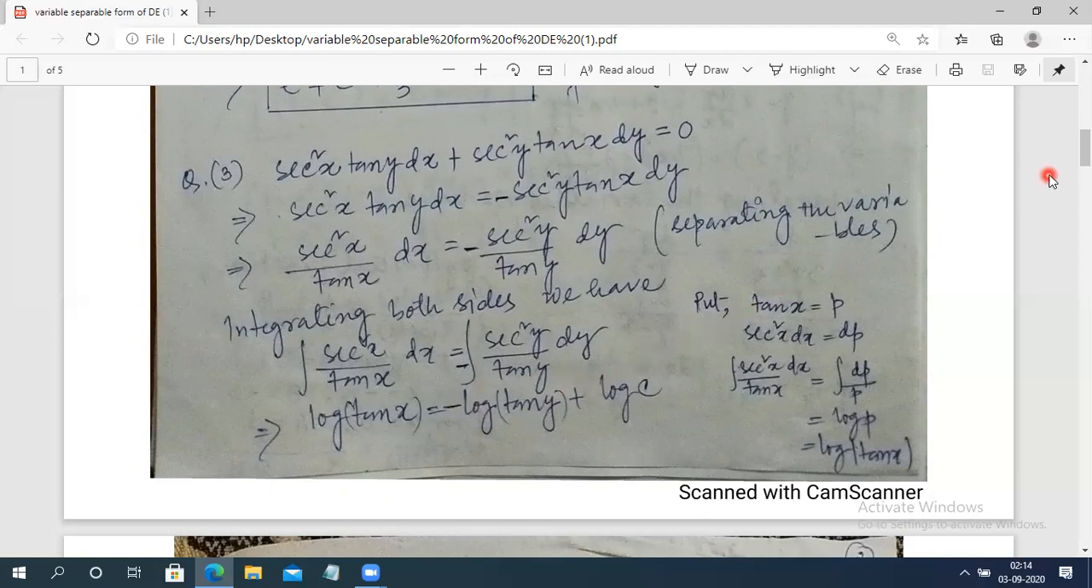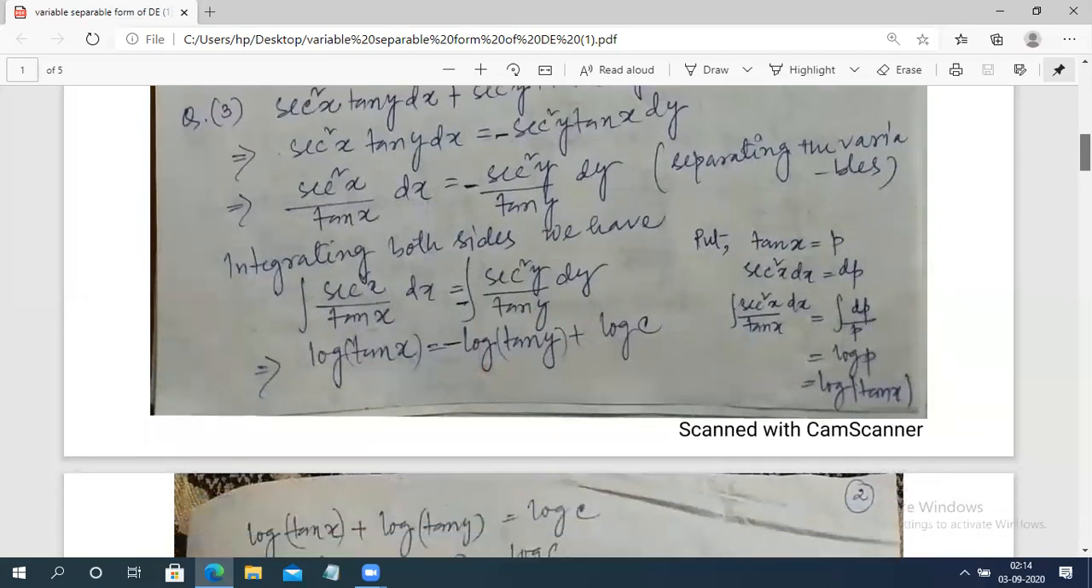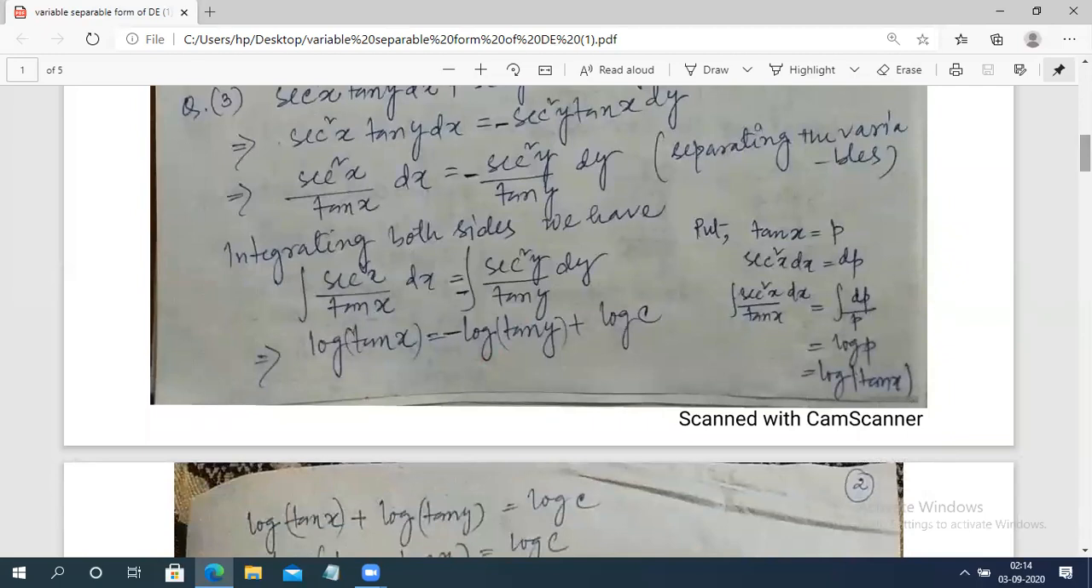I have seen that in the solution of differential equations, you have to have a very strong base in integration. Without integration, you cannot solve the differential equation. So make sure that before starting this chapter on the solution of differential equations, you revise integration very thoroughly. Okay, just see,